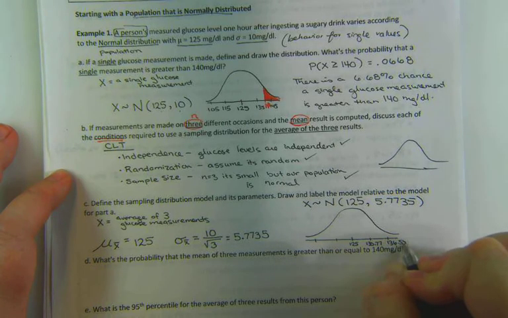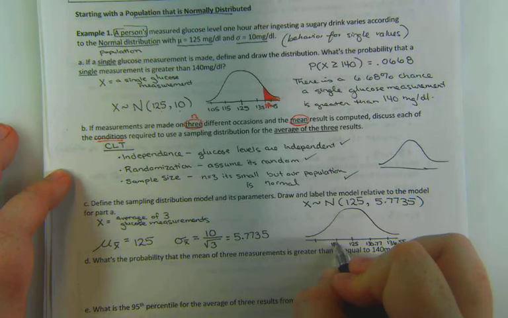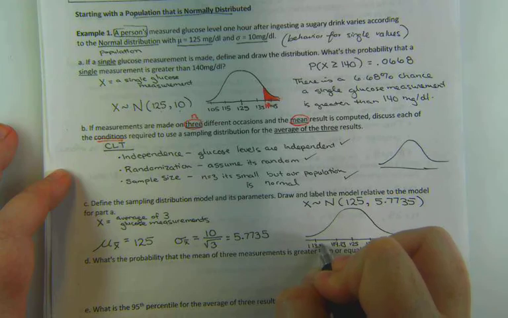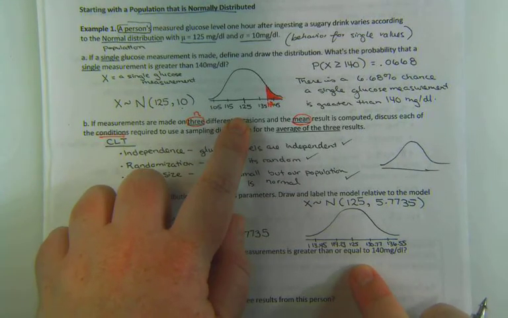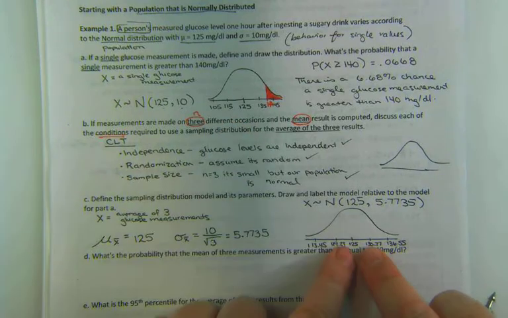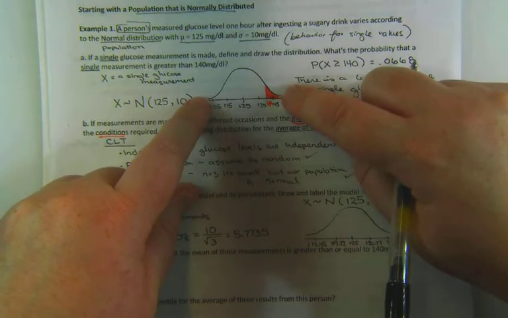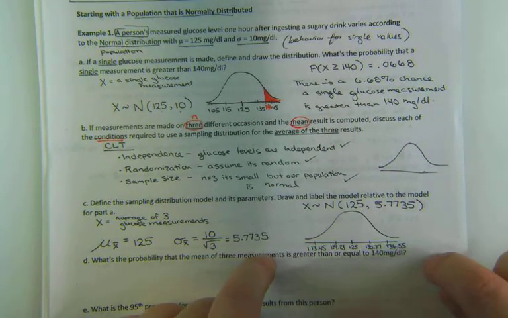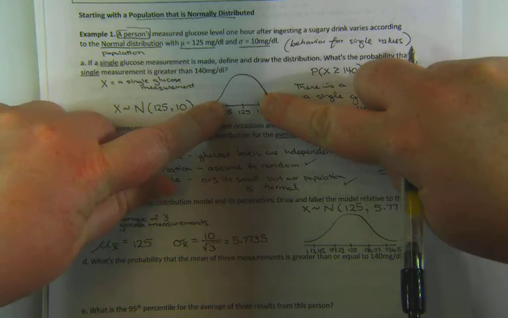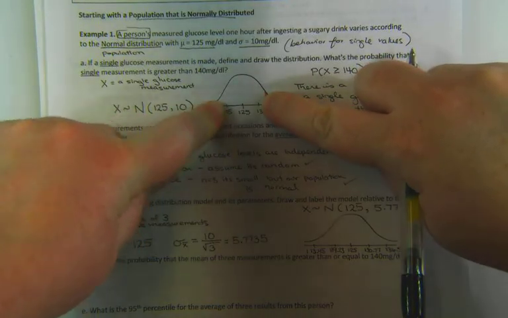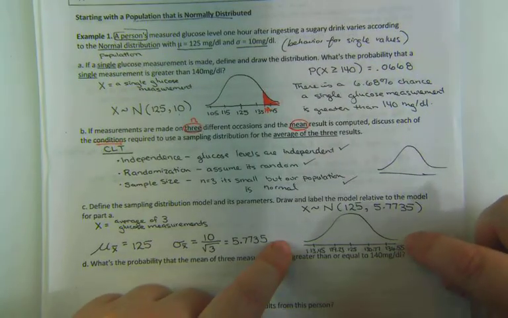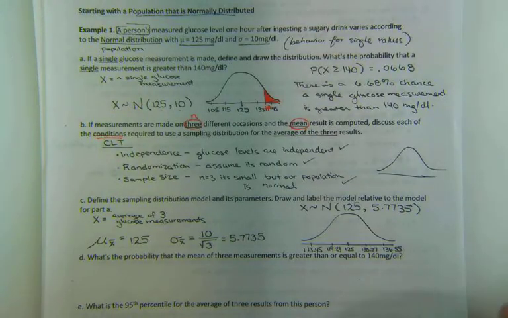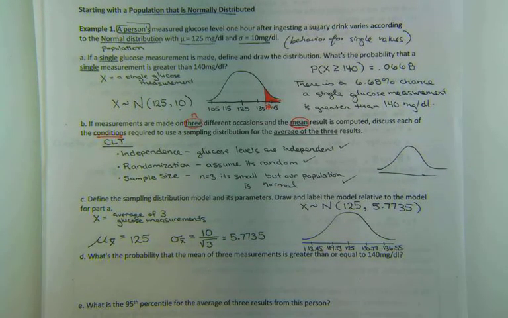Our distribution, if we have these sample means, they're normally distributed because we passed the central limit theorem, centered at 125, standard deviation of this 5.7735. So in terms of a bell-shaped curve, line, we're still centered at 125, but now how the numbers distribute, this would be, and I'm going to round a little bit, 130.7, 136.55, and we get an idea of a number line,